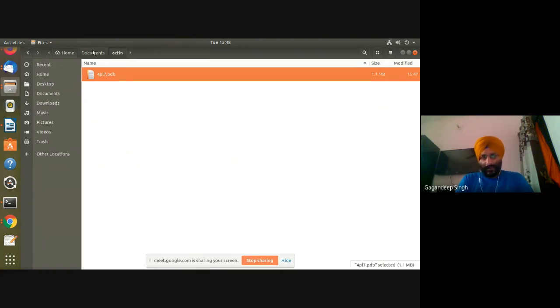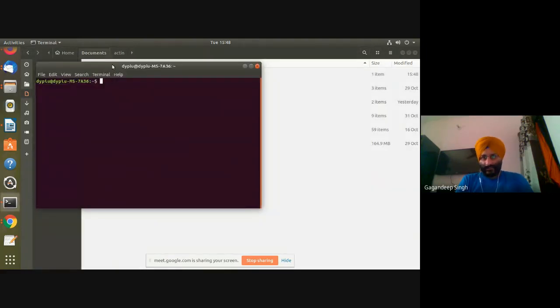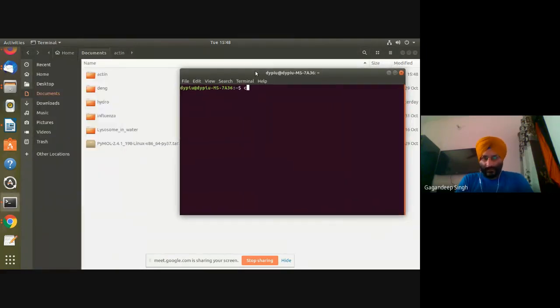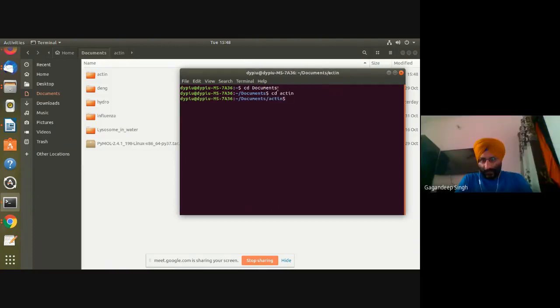Okay, now open the command line and try to start. Now he is giving the path, cd documents, because he has placed this protein structure in documents, then cd actin, I think. Just press tab.